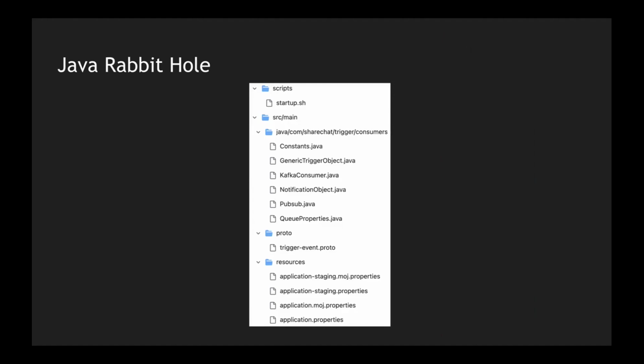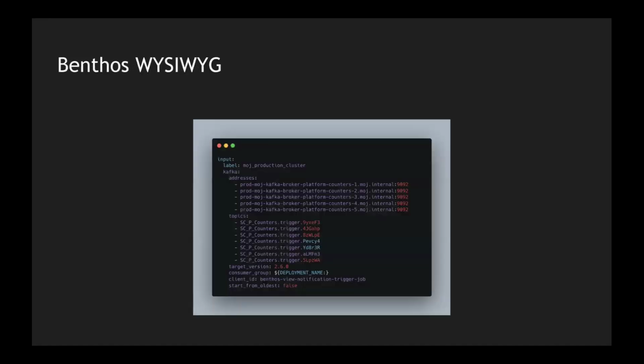This is the starting job. Then we realized we could not maintain it for the long term. Again, we had to find something that we can manage and scale without worrying about ballooning code. So this is Benthos. What you see is what you get. Now, this is the Benthos input. I'm saying consume from Kafka. These are the topics, this is the consumer group, and start from oldest. That's it. Nothing else. It will maintain everything for you. It will provide delivery guarantees, commits, and so on.